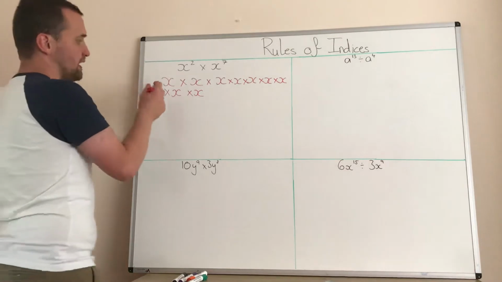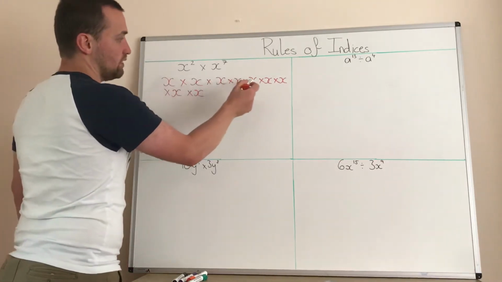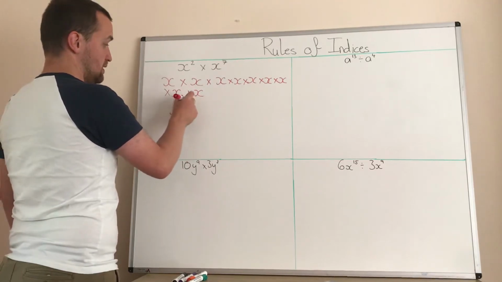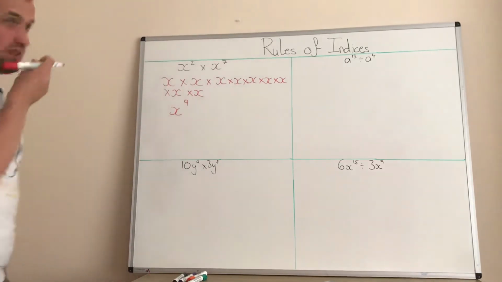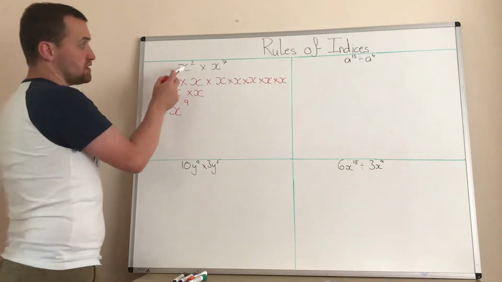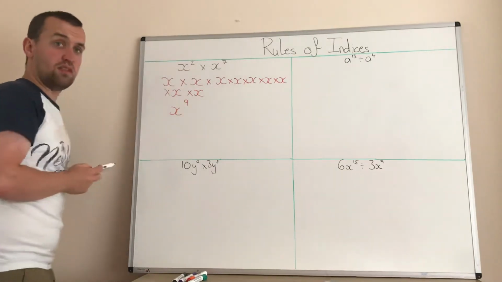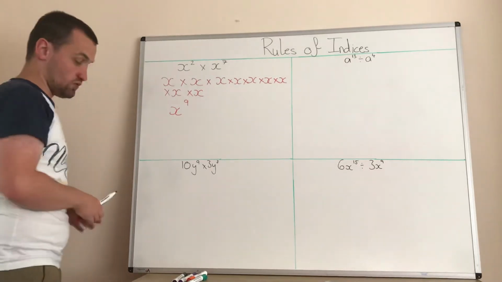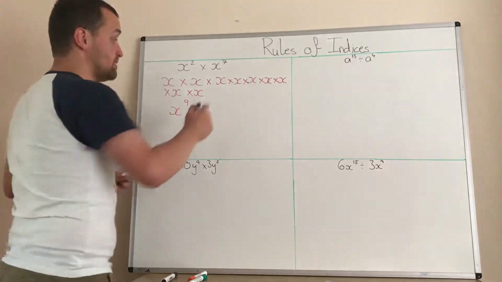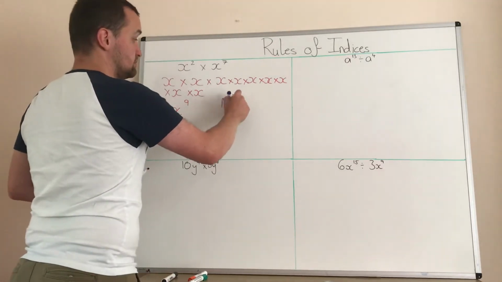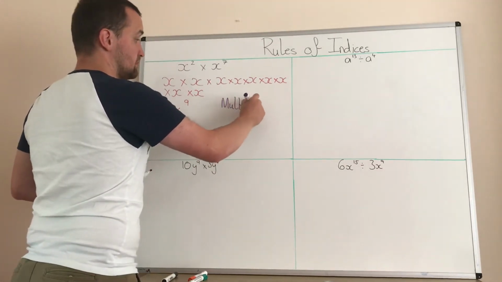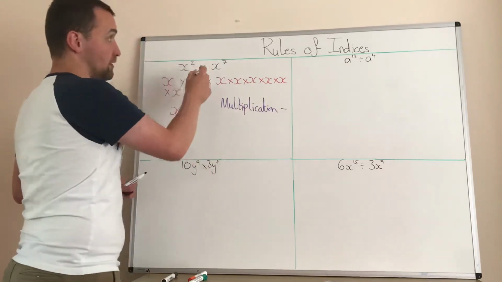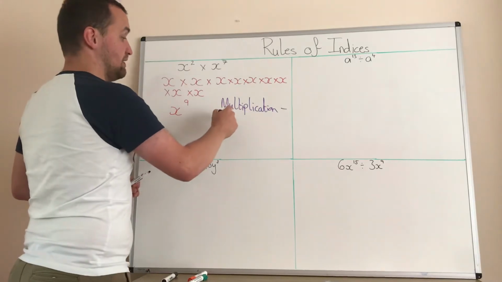Okay, how many x's have we got there? Let's count them up. We've got 1, 2, 3, 4, 5, 6, 7, 8, 9. So we've got x to the power of 9. Let's look back at the original question. How can we make 9 with 2 and 7? What we do is we add them together, and that's the first rule that you need. Multiplication: when you're multiplying with indices, you add